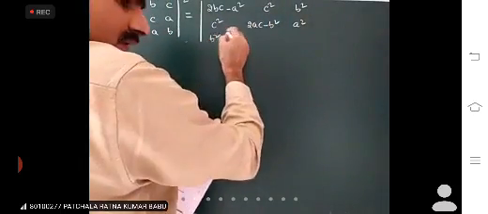This is very, very important for IPA, 7 marks. The determinant of (A, B, C; B, C, A; C, A, B) whole square is equal to the determinant of (2BC minus A square, C square, B square; C square, 2AC minus B square, A square; B square, A square, 2AB minus C square), which is equal to Z.